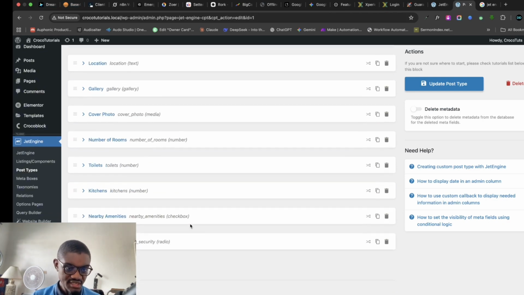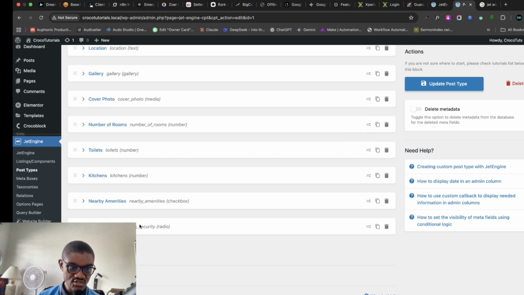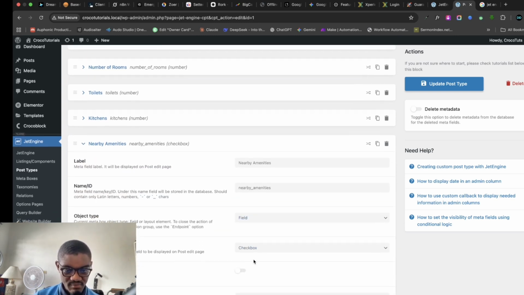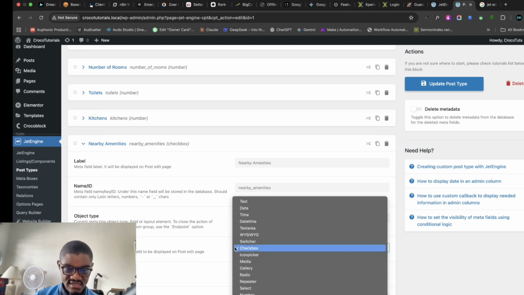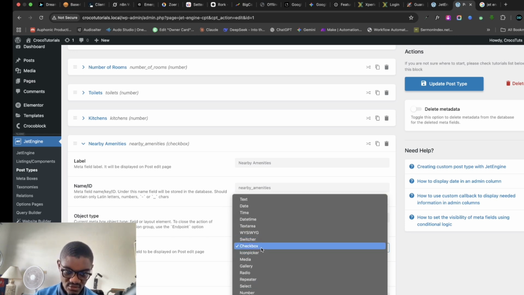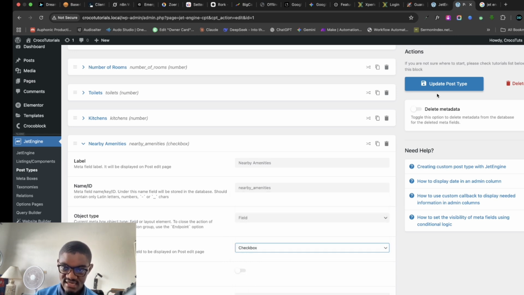That, in a nutshell, is how to add a glossary, how to use glossaries in your custom post types. Now, remember, in this case, we used it as a checkbox. You could also use it as a select. You can also use it for repeaters, but we are not going to do that right now. Just leave it at checkbox. Then I'll update again. In the next video, I'm going to be showing you how to create a front end